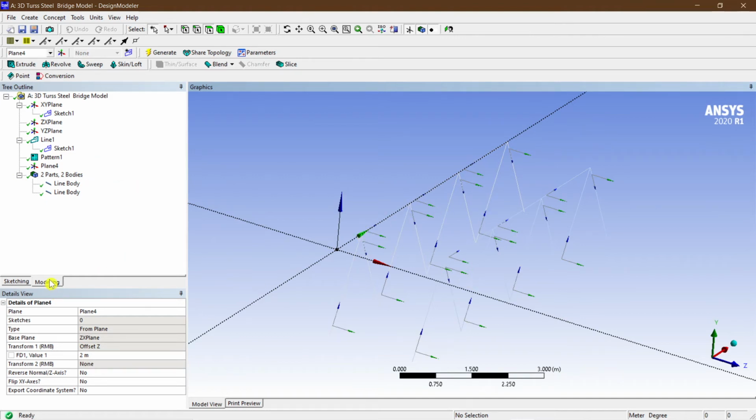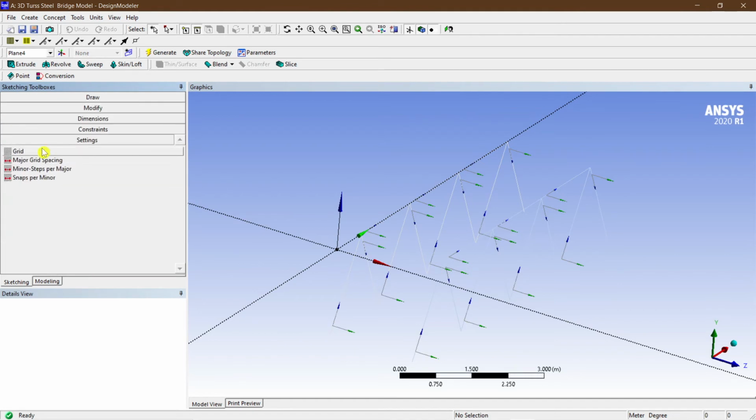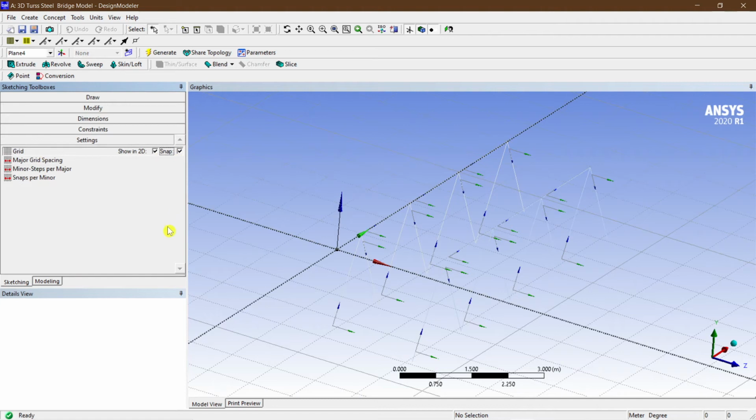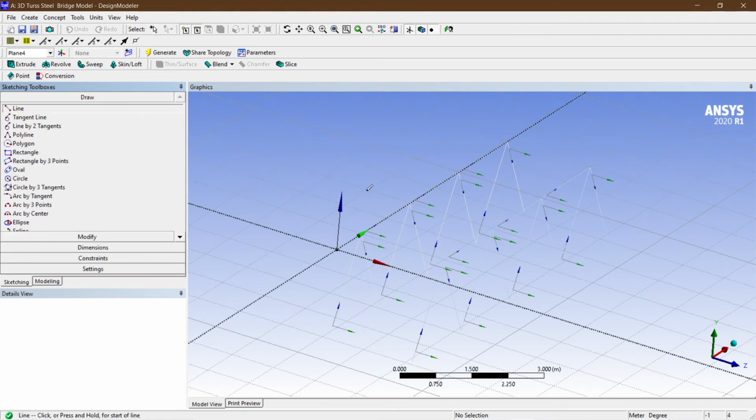So next I'm going again to plane 4 here, and I'm going to sketching. There I'm going to settings, then take the grid 2D snap, then I'm going to the draw option here, then line.